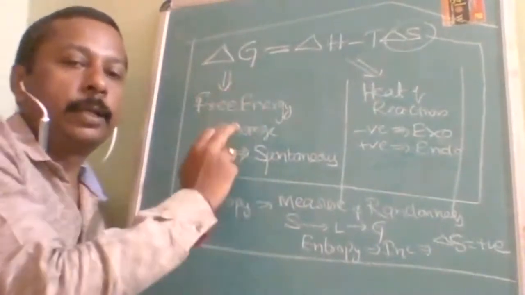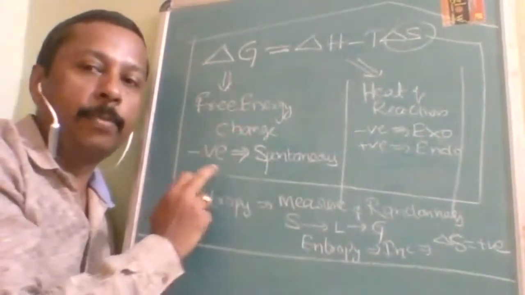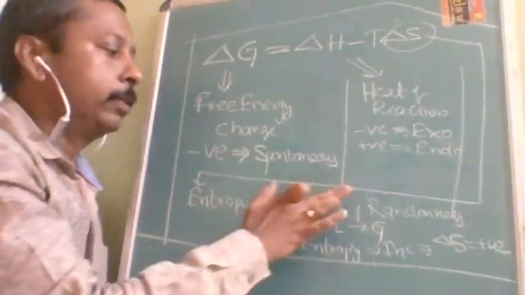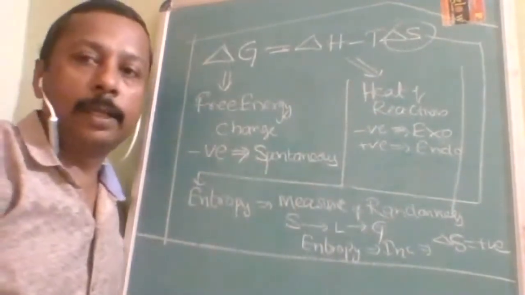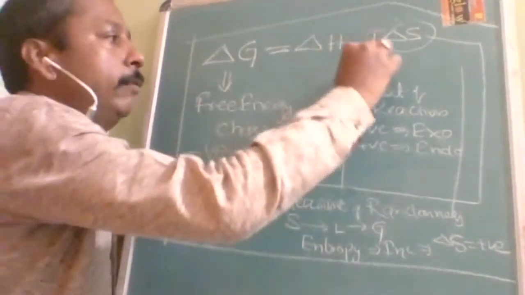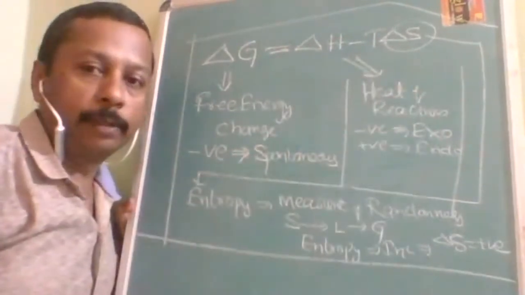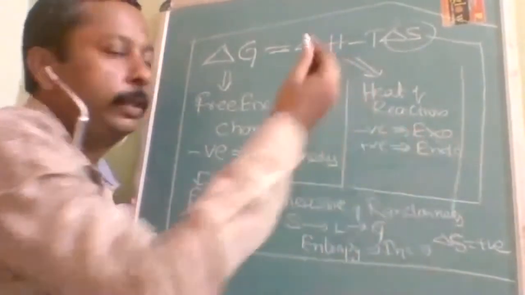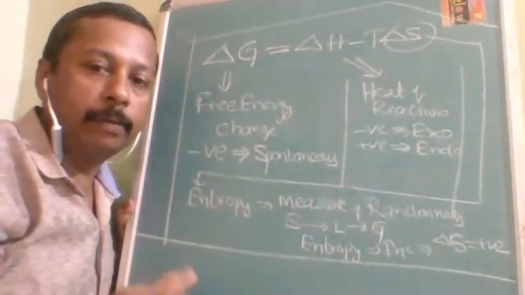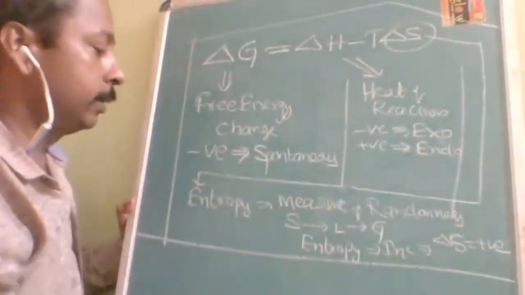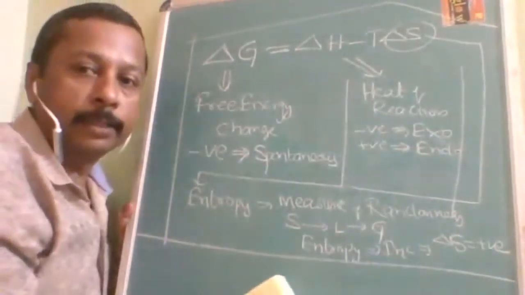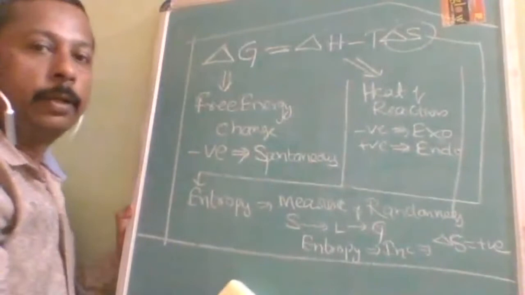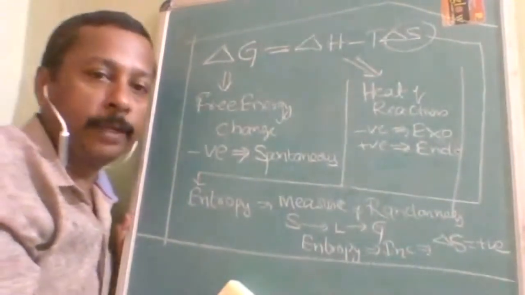Okay. And what is delta G? Free energy change. And for a feasible reaction, delta G value must be negative. Second thing is delta H. Delta H is negative for an exothermic reaction and positive for endothermic. Only the required concept I am revising. There are a lot of things you can study about delta H, but not required here. And delta S is entropy. It will increase when a substance converts from solid to liquid, and liquid to gas. Is it understood, students? Now let us start with the actual concept for which we are here.